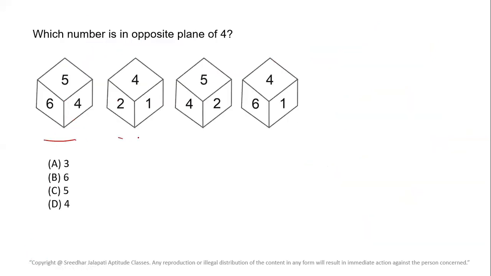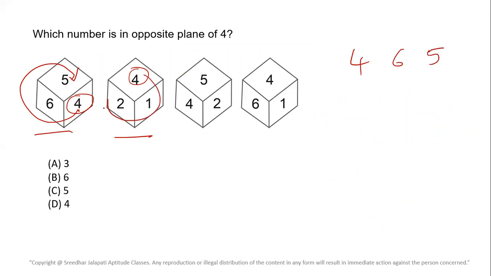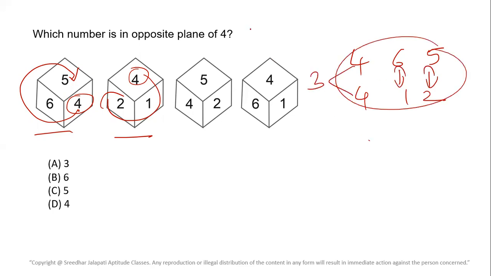Here you are given 4 views. Whatever the number of views given, we always look for one element common first, otherwise 2 elements. So we can solve with one element common, that is easy. Now in the first 2 views, again one element is common, 4 is common. So I'm taking 4 here and remaining numbers in clockwise direction: 4, 6, 5. Here also 4, remaining numbers in clockwise direction: 4, 1, 2. So now these two are opposite, these two are opposite, and what is the element missing here? 3. So 3 and 4 are opposite. You're asked to find the opposite to 4, as 3 and 4 are opposite, so answer 3.